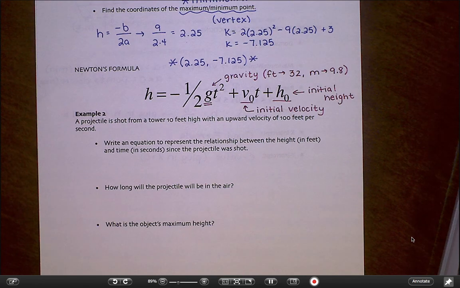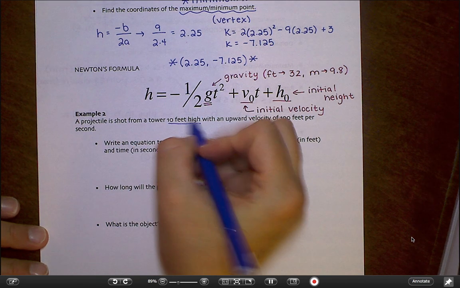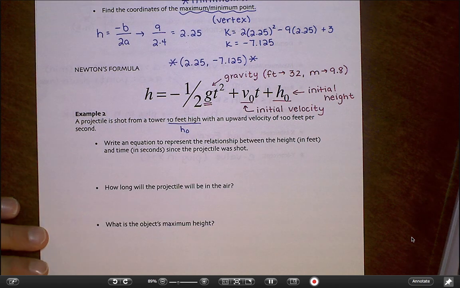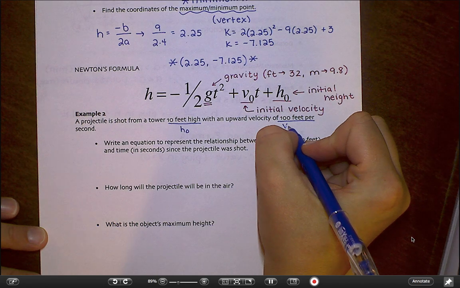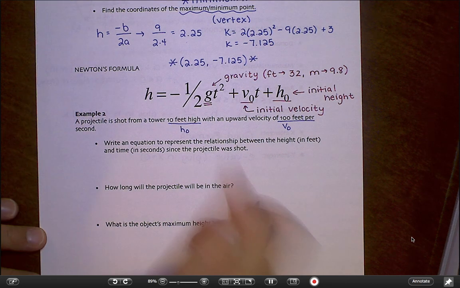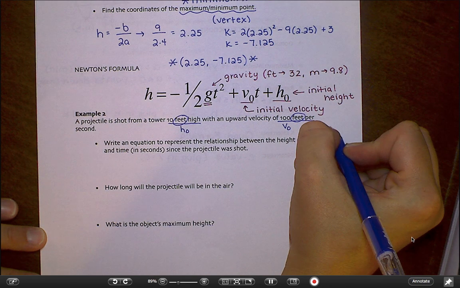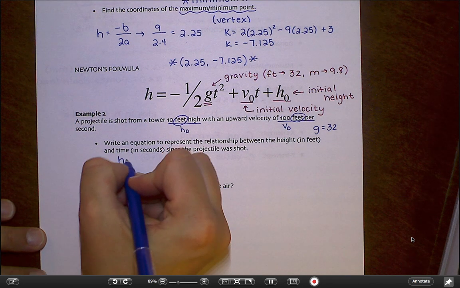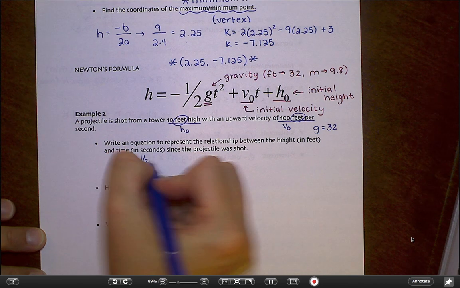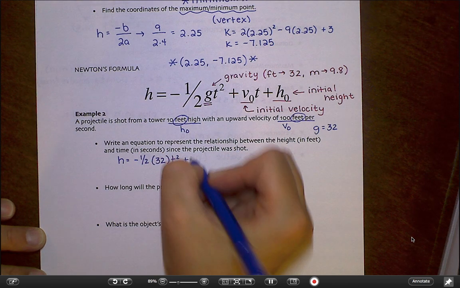A projectile is shot from a tower 10 feet high with an upward velocity of 100 feet per second. So this 10 feet high, that's my initial height, H sub 0. Upward velocity of 100 feet per second, that is my V sub 0, my initial velocity. And because it's being measured in feet, I know that my G value is going to be 32. So if I plug that in, I have this, -1/2 times 32 t squared